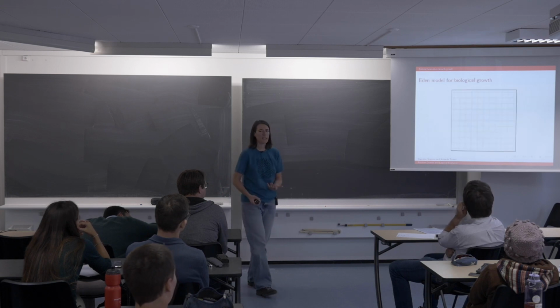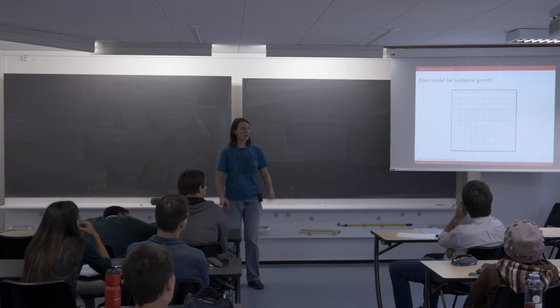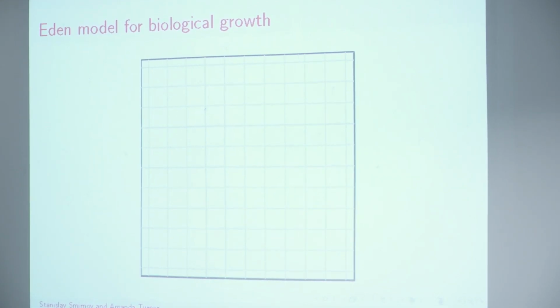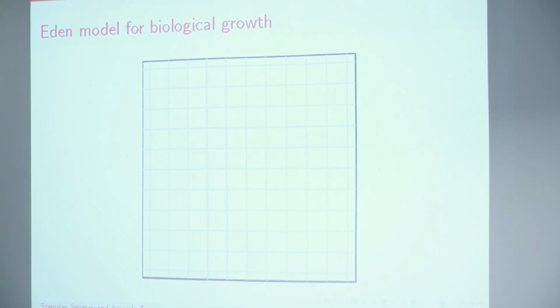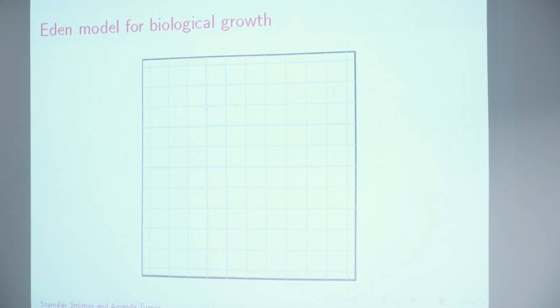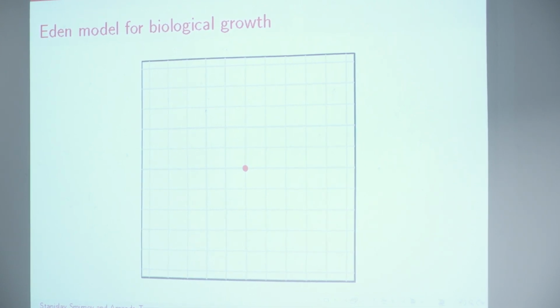Well, the simplest idea is let's just discretize our universe. So let's just imagine that we live on a grid, and that individual particles correspond to vertices of this grid. Okay, so we start off with just one particle at the origin,